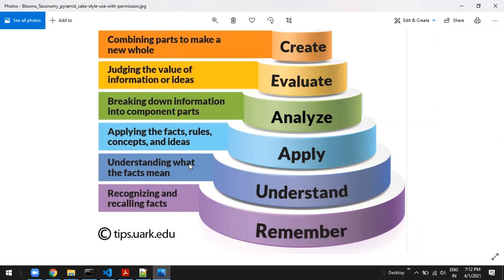Once you understand their capability, what do you mean by capability? What a dog can do, what an elephant can do, what a horse can do. If you know what exactly these animals are, I mean animals in this JavaScript we call features or fundamentals or the concepts. First is recognition, then if you understand what exactly they are doing, then you are in a position to use them. Before using, you should understand what exactly their behavior is.